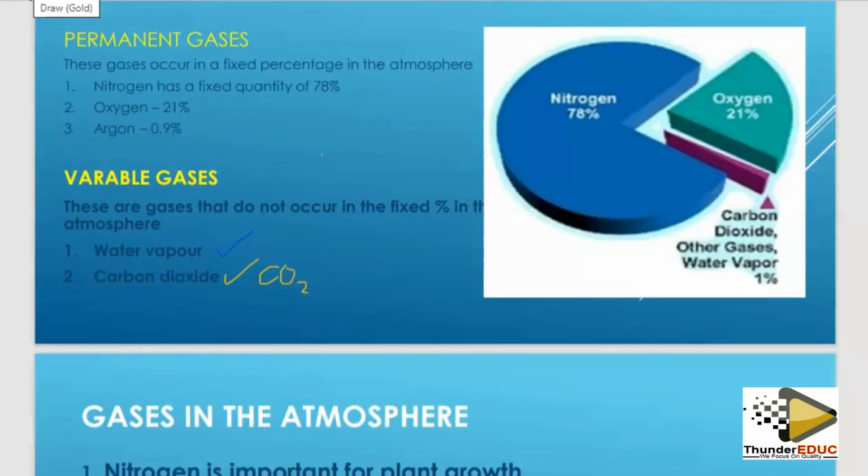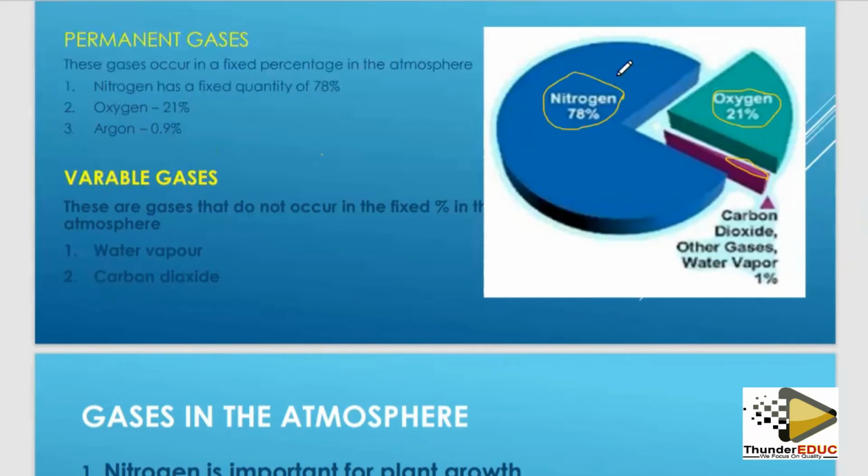Then the graph to the extreme right is just giving a summary of the different compositions of the atmosphere using a pie chart presentation, where you can see that our nitrogen is indicated here as 78%, which is taking the bigger chunk of the pie chart. Then our oxygen, you can see at 21%, is also taking a relatively bigger part. Then lastly, our carbon dioxide has the smallest slice on that pie chart. And then carbon dioxide and other gases combined together contribute just 1% of that total composition of